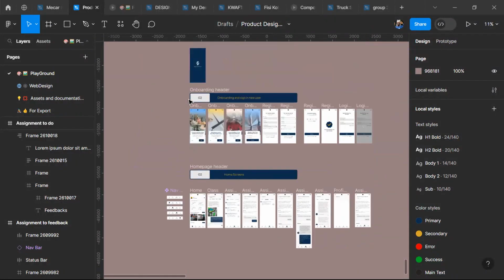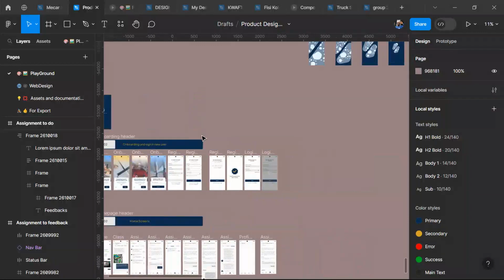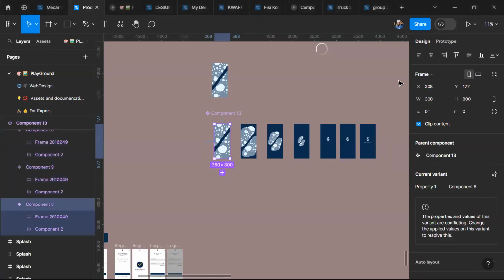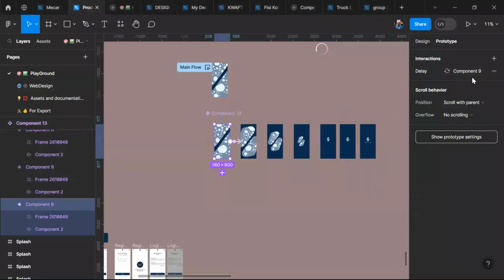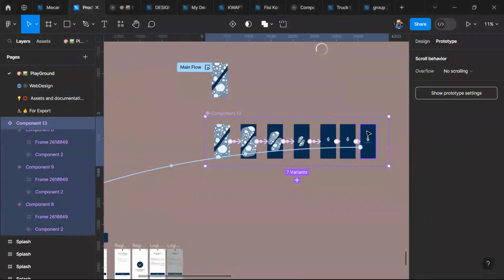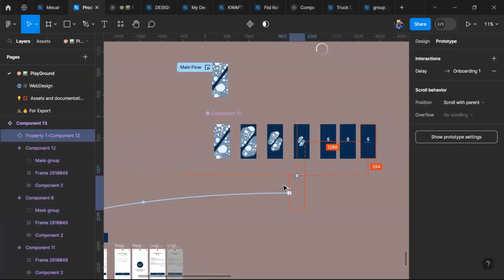Yes. I don't do that for this only, I do it for every component. For every component to function well, you have to create an instance of that component. That means you have to create a duplicate of it. This is the main component. I can't set prototype to it, like add a flow point. I can't set prototype to any of them, because they are components. But if I copy this one out,